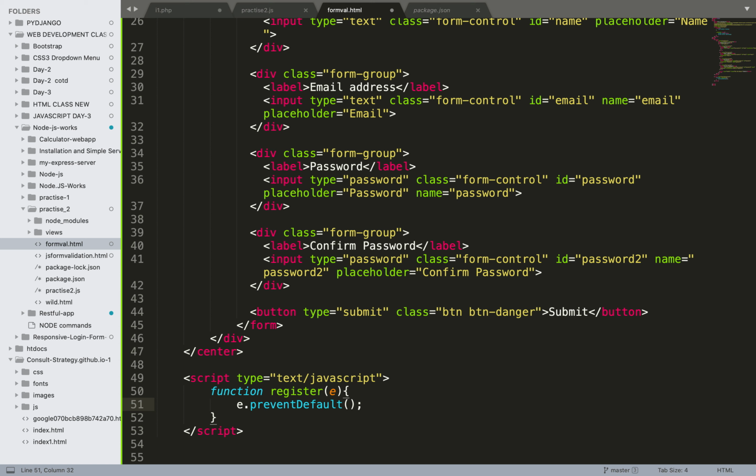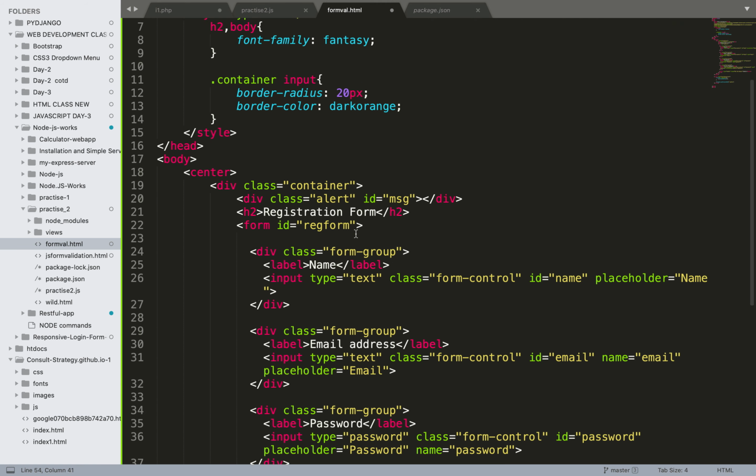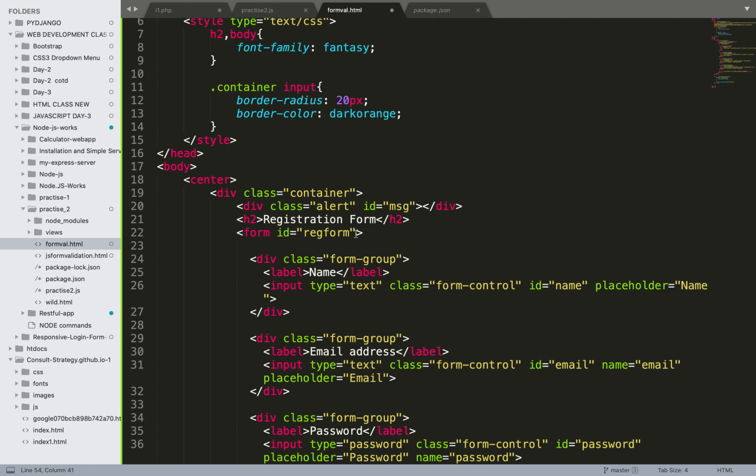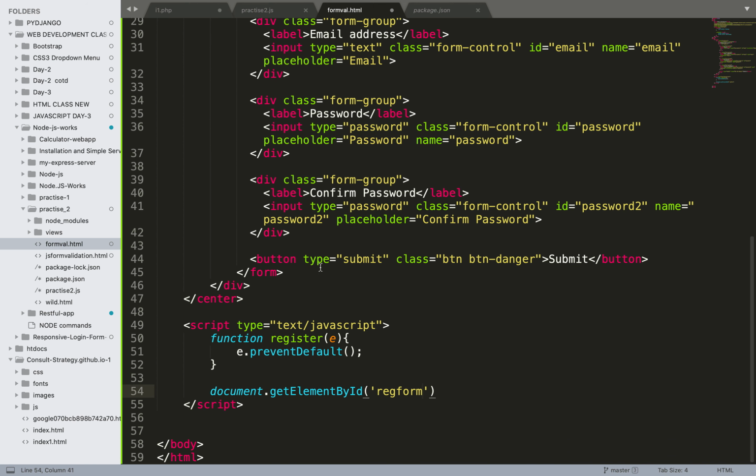But I need to do another thing, just a minute. Get elements by id, and the name of our form is reg form. I have mentioned it. Form name, okay, yeah.